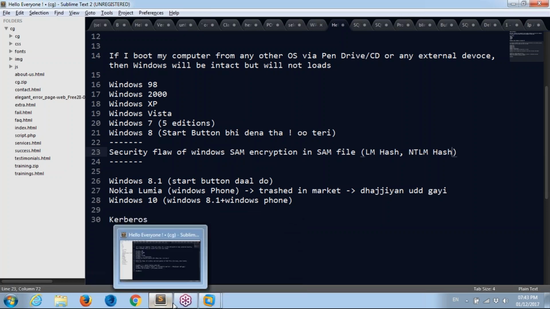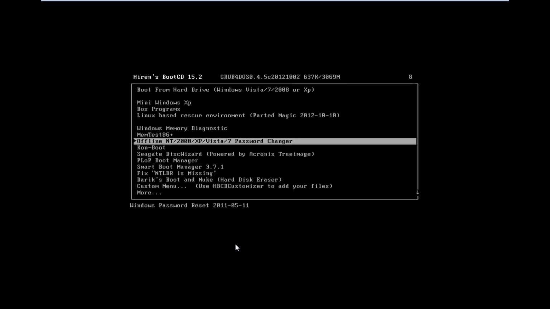Now, as you understand why Windows Vista, 2000, XP and 7 come in one single column, because they have the same kind of encryption. So as I press enter,